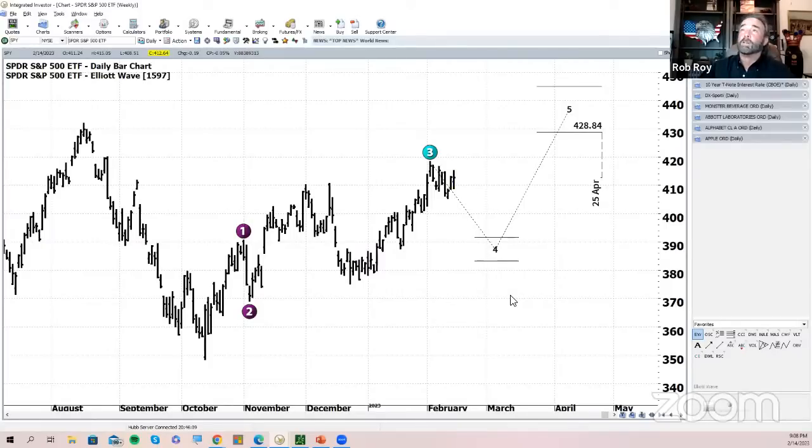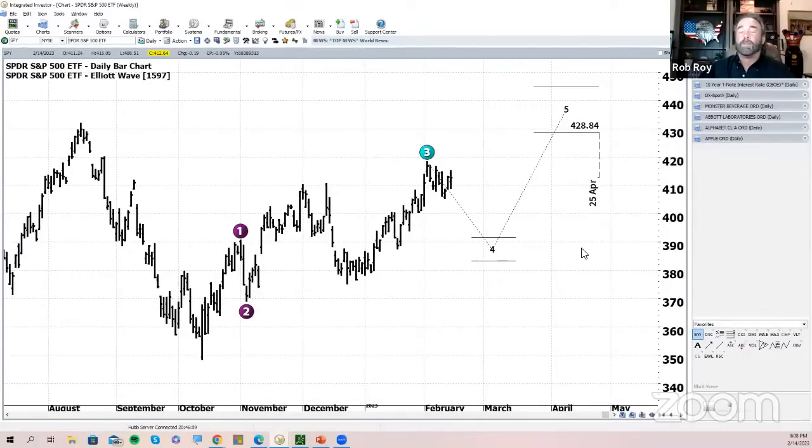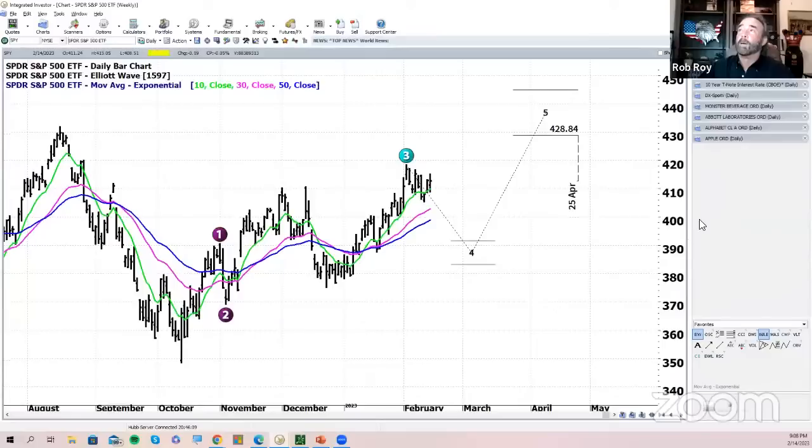The futures were down. The market opened to the downside. We recovered, closed off the high. So it wasn't one of those days where we closed exactly at the high. So between yesterday and today, pretty constructive start to the week. What's interesting to me about the markets, though, is at the end of last week, I mentioned this last week,